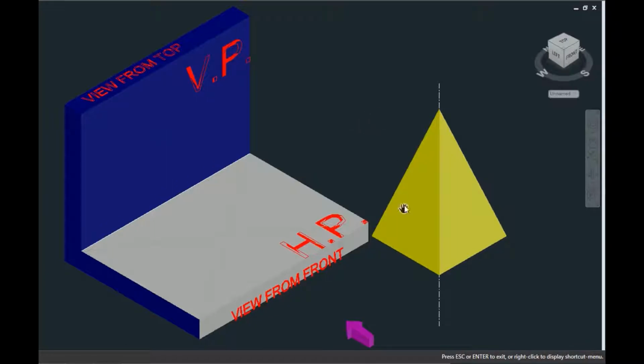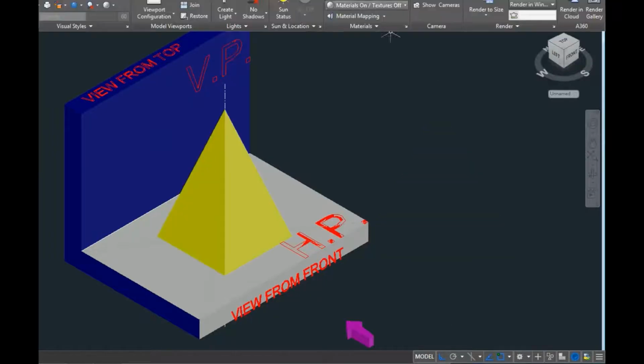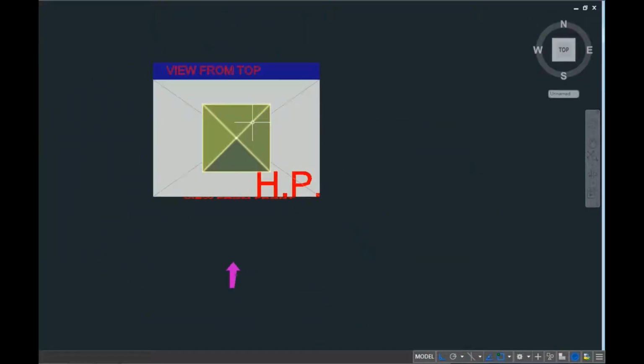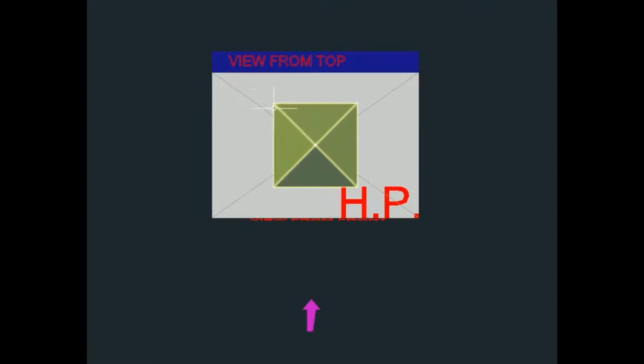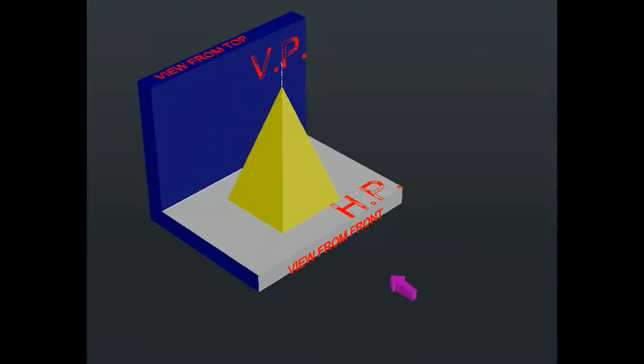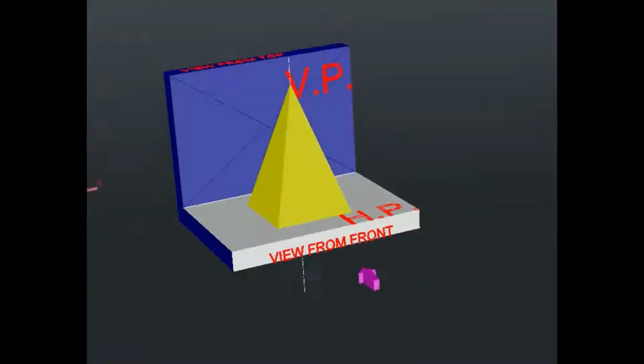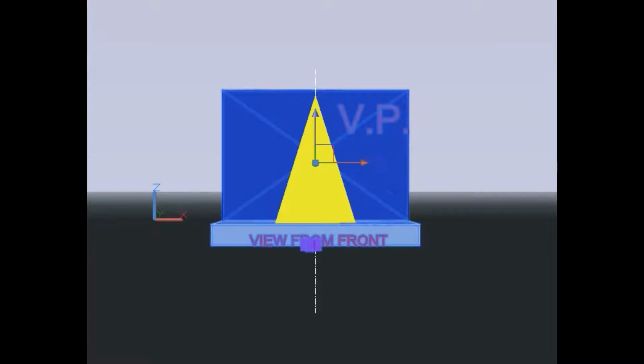Here you can see that now we have a square pyramid, which we have already seen in the introduction part of this lecture, that it will have a square base and an apex point. So the top face will not be a square here. Now I will make it rest on the horizontal plane as given in the question. And when you view it from the top, it is quite simple that it will appear as a square because it is a square pyramid, obviously. And when I view it from the front, it will appear as a triangle, as you can see here.